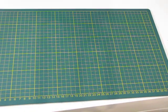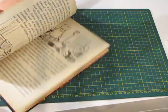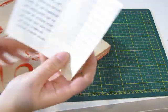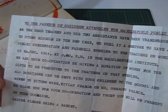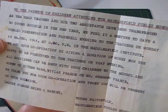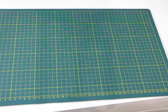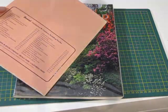Oh, that's right, in the Christmas book. Let's see if I can find it. I flipped through it real quick before and there was... There it is. Must have been a note from the... It's from the school. It must be really old too because it's typed on one of those really old typewriters. 1961 it was typed. So that's pretty cool. I thought that was some awesome ephemera. Must get myself an old typewriter. I know the Tip Shop has a few, so I might check them out sometime. They've even got spare ribbons, so...